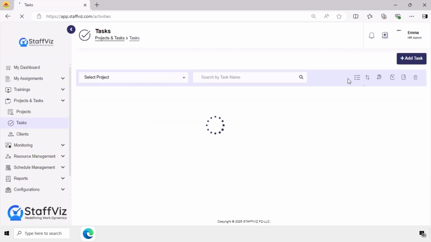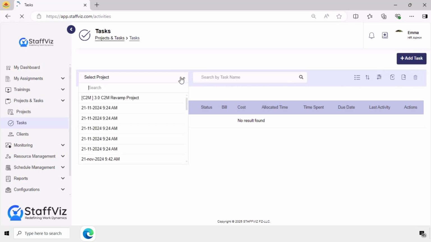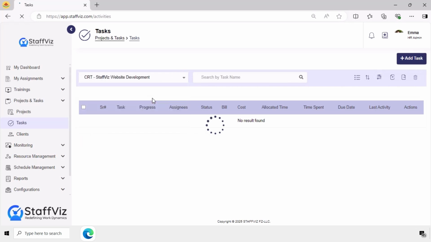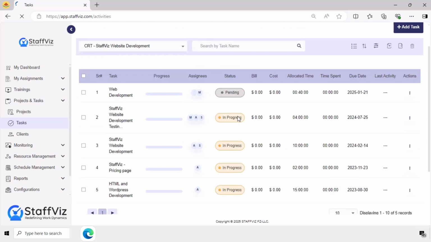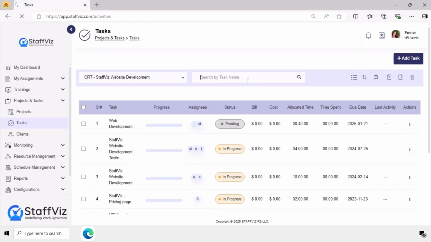First, select the project you want to manage tasks for. Once the project is selected, you can see the list of existing tasks created under the project you have just selected. In case there are a lot of tasks, you can use this search bar to search the task by the name. Here, you can change how you want to view the tasks, sort them,